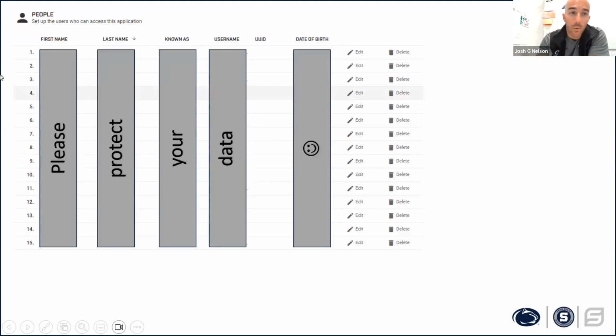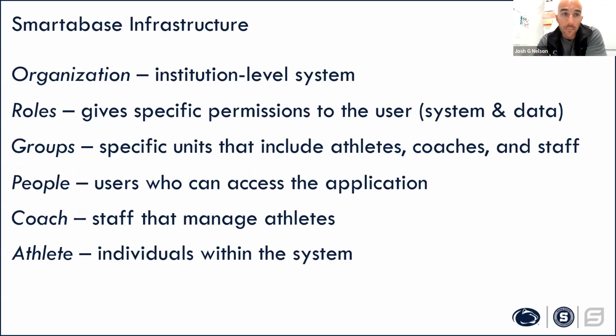And then we have people, and we're obviously going to blank out all of our names here, but people in this sense are any user that uses the system. It could be a coach, like a strength and conditioning coach, a sport coach. It could be an administrator. It could be an intern. It could be an athlete. In this sense, our people are the users at the most granular level of the system. And then they have access and roles assigned to them. They have groups assigned to them. And then it really controls access for what we're doing.